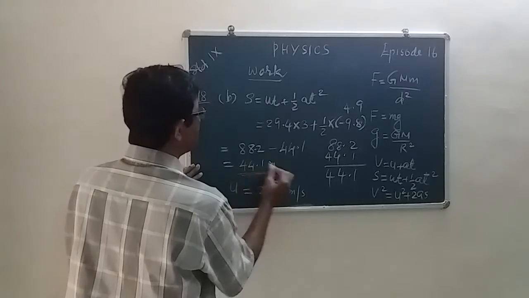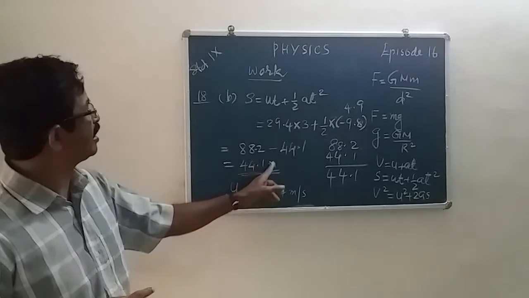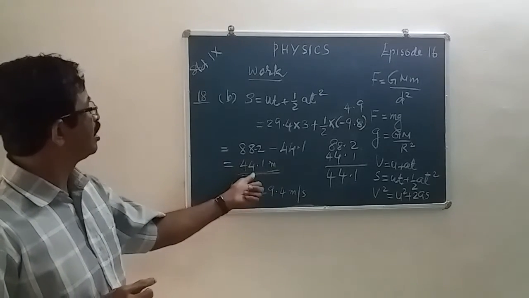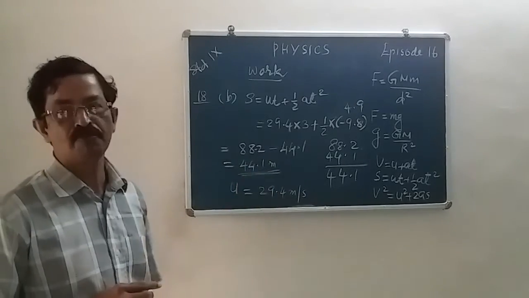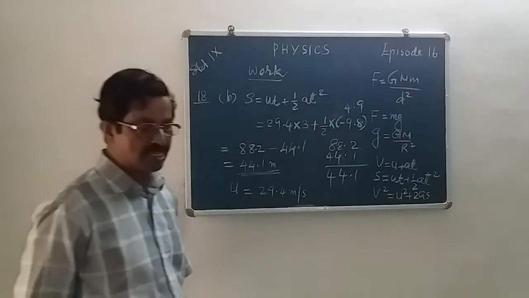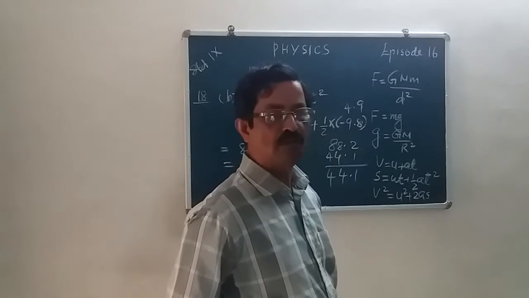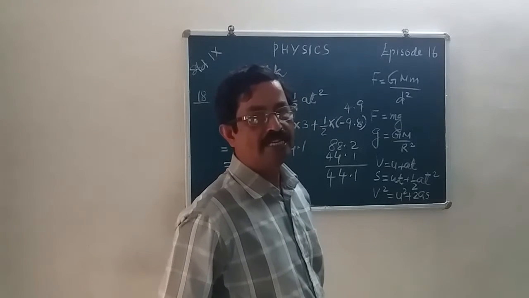This is the maximum height that the stone reaches. The maximum height at which the stone reached is 44.1 meter. Now, question number C, we want to find what is the position of the stone at the 4th